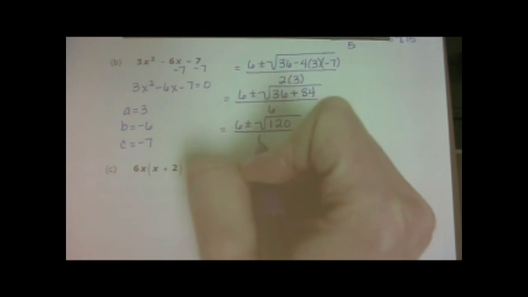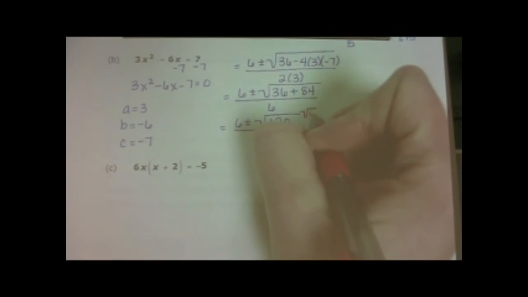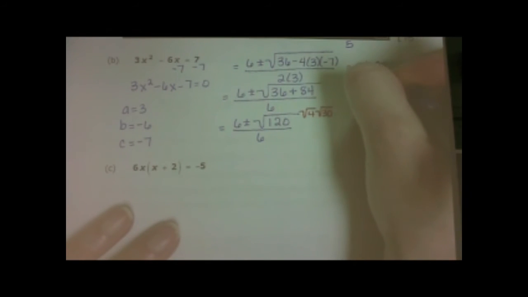All divides by 6. Now I need to simplify the square root of 120, so I need to think of a perfect square that goes into 120. So I'm going to use my calculator and play around a little bit, and 4 does. So this is the square root of 4 times the square root of 30. So this equals 6 plus or minus, the square root of 4 is 2, square root of 30, which does not simplify,